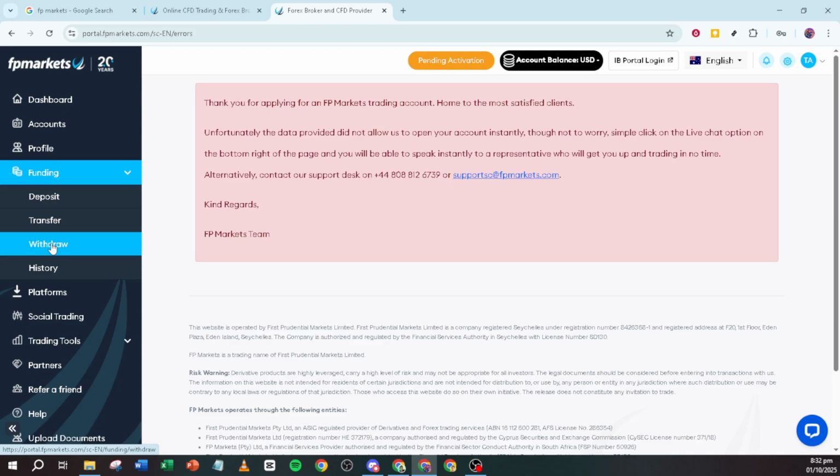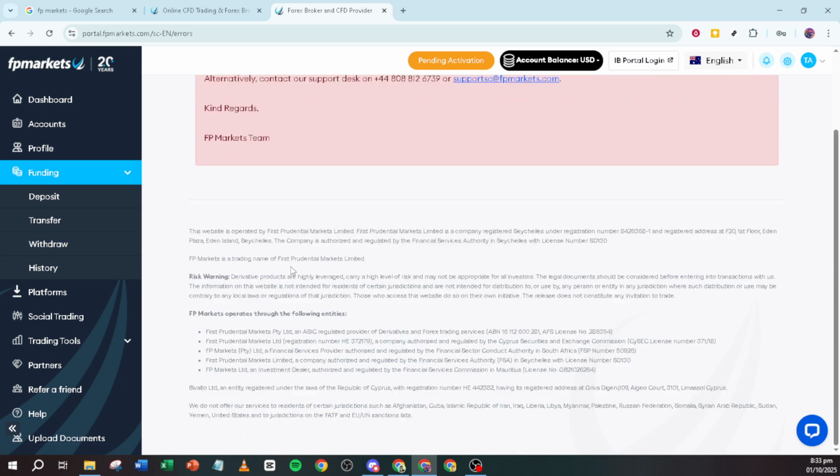Be sure to double-check that you've entered the correct sum and any other required information specific to your chosen payment method. This could include account numbers or special transaction codes, depending on the withdrawal medium. Accuracy here saves time later on, preventing potential delays caused by incorrect information. Once all details are in place, you'll submit the withdrawal request.